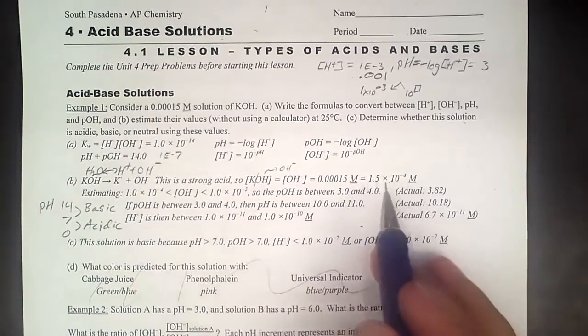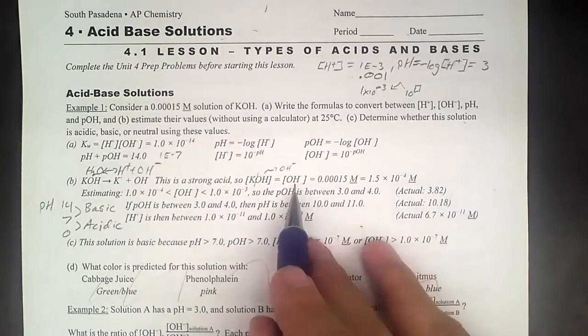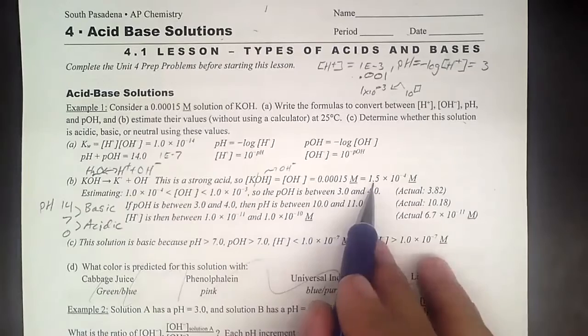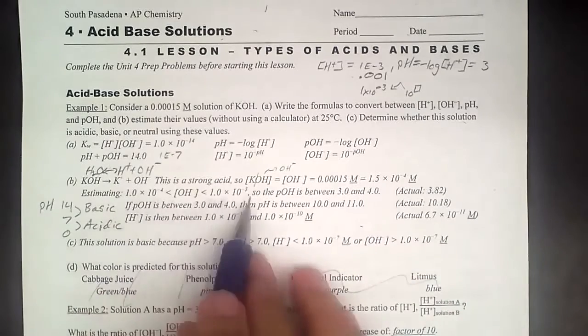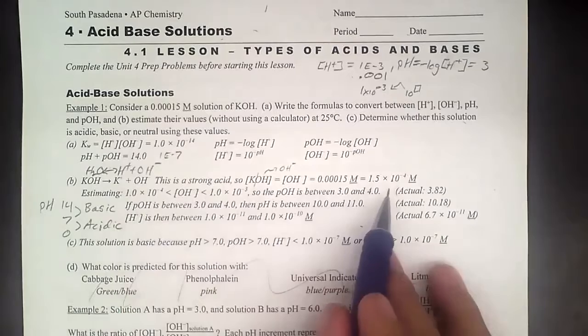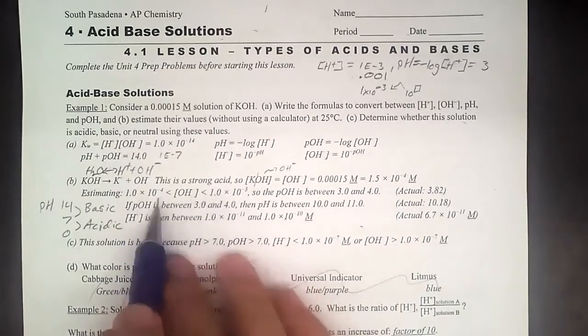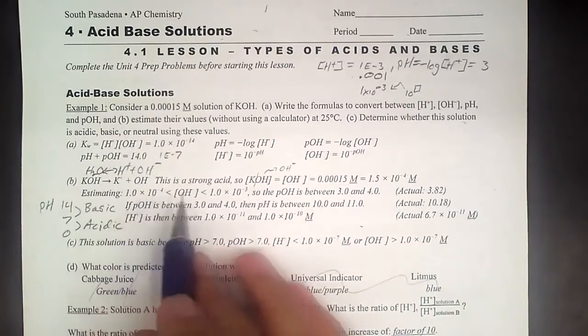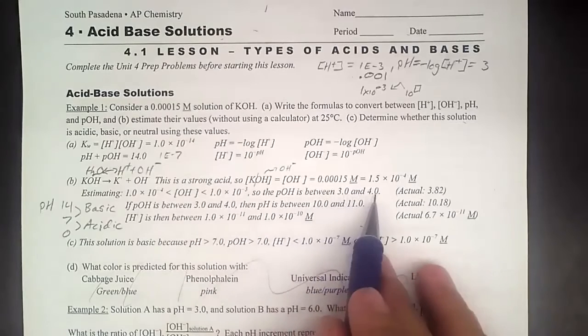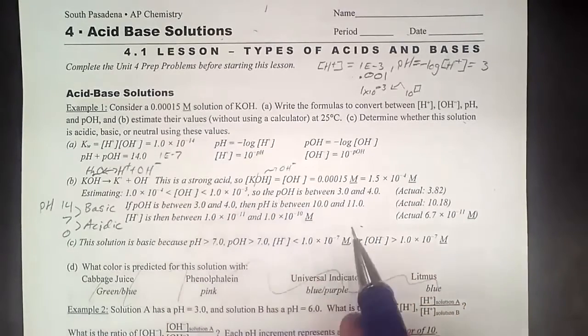So how would I know what the pH is? Well, I can get what the pOH is, at least sort of, because this slots in between these two numbers. If you don't know what I mean, hit pause and have a think. This number is between these two numbers. This pOH would be 4. This pOH would be 3. So the pOH is between 3 and 4,